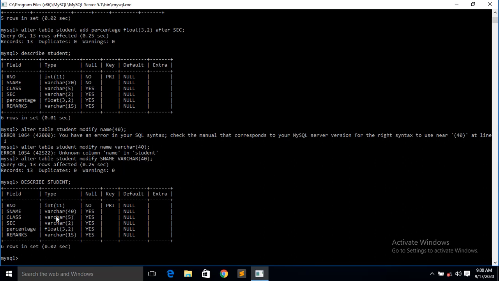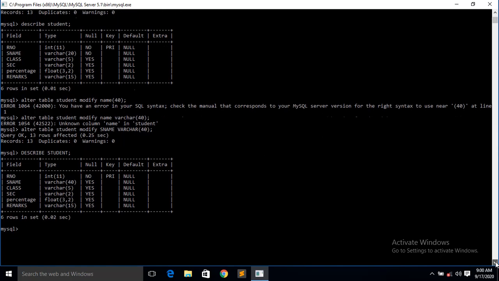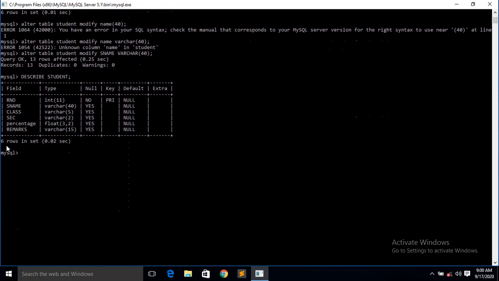Is it clear now? Now say for example I want to change the name of the field sec. I want to change it to section. So what will I do? I will use again a clause to change the name of the field.